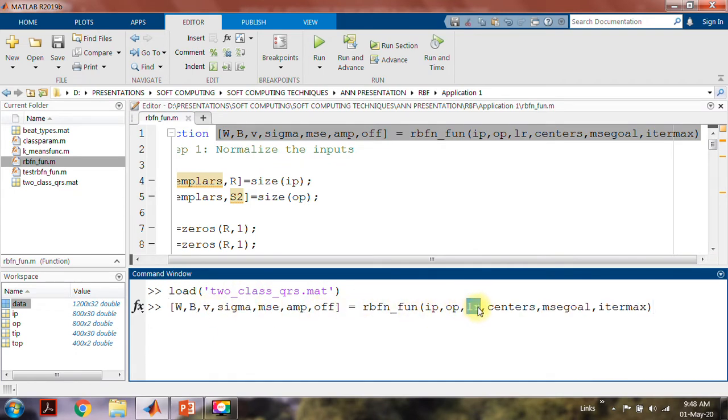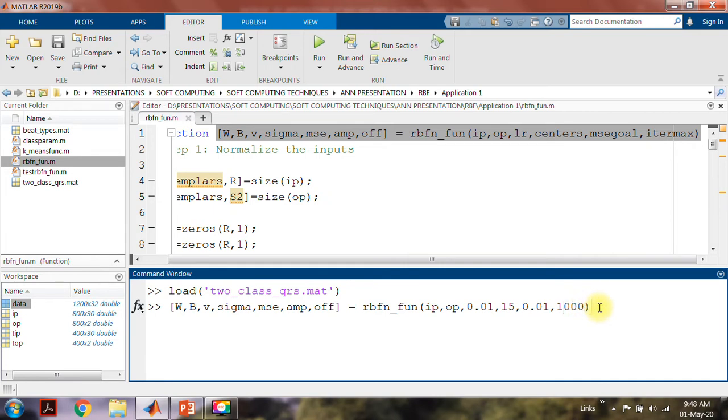Learning rate I'll keep as 0.01, number of centers. Now again, this has to be decided arbitrarily. So let us start with 15 centers. Then MSE goal is 0.01. Number of iterations is 1000.